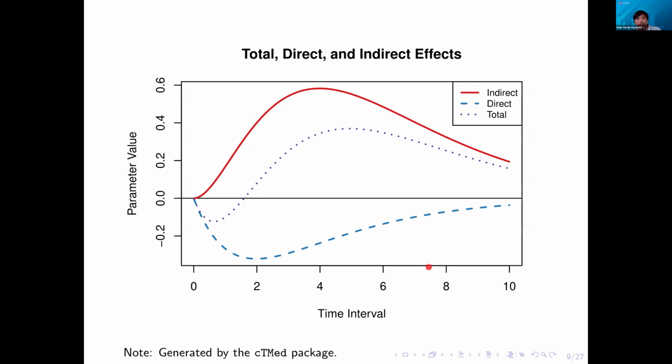In this graph, we can clearly see that the direct, indirect, and total effects are changing, and they are dependent on the specific time intervals at which we are looking at these variables. This dynamism gives us a richer understanding of the associations between these variables. Okay, clear so far?